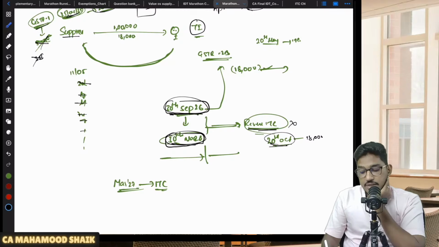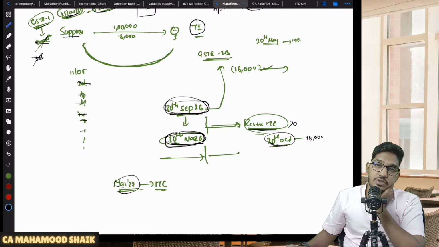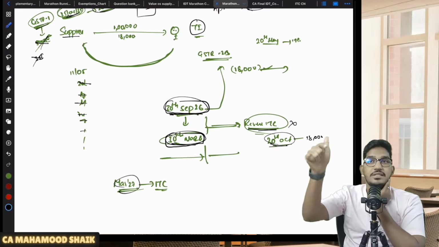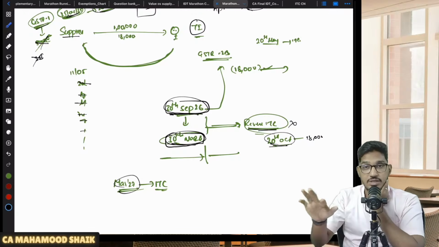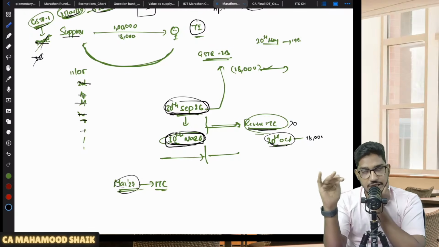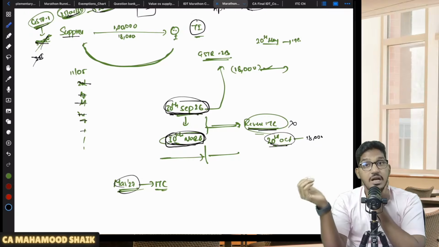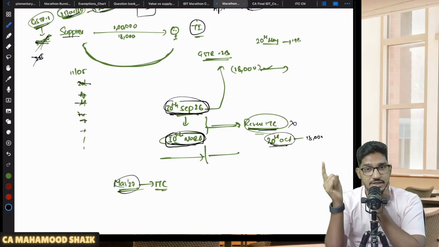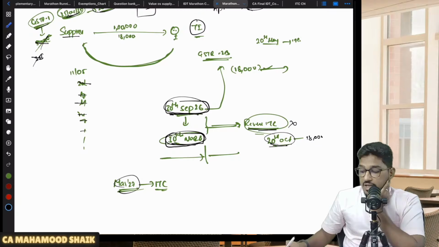Thereafter, this supplier, after a certain point of time, let us say in the month of March 2027, after 2-3 years, is coming and filing his GSTR 3B. Since the supplier did not file the GSTR 3B before 30th of September following the end of the financial year, I have reversed ITC. After I have reversed it, if the supplier files his GSTR 3B in the future, can I re-avail that reversed ITC?